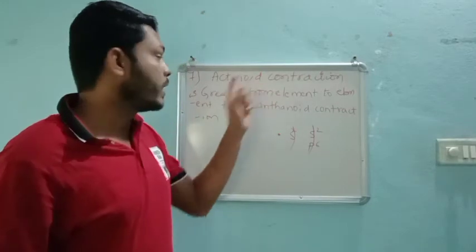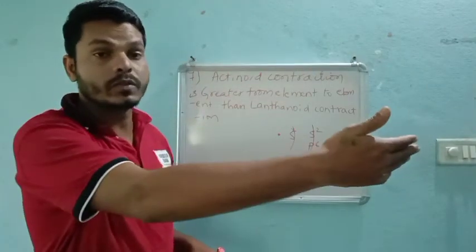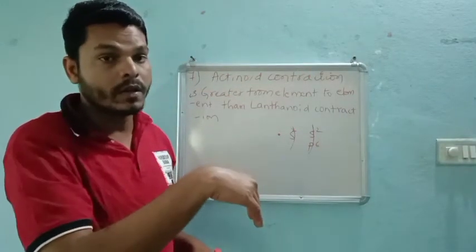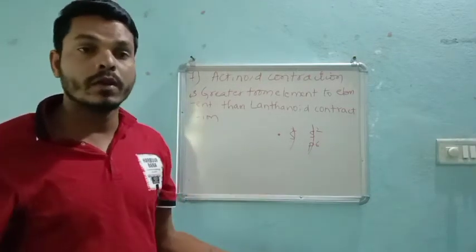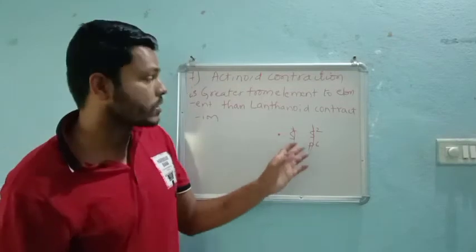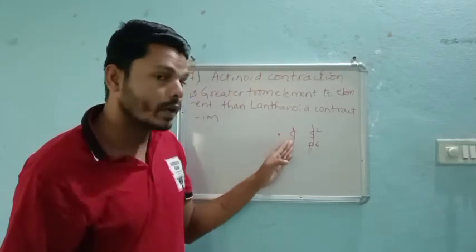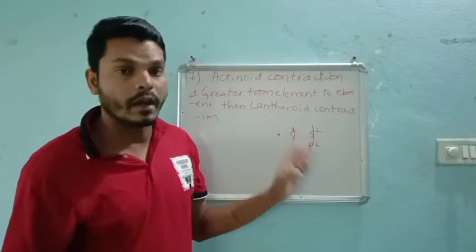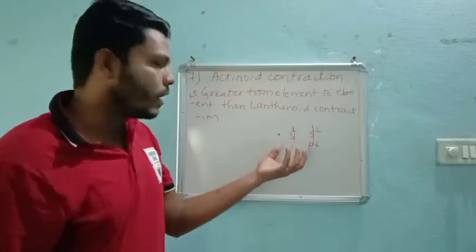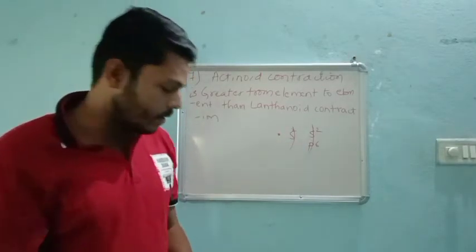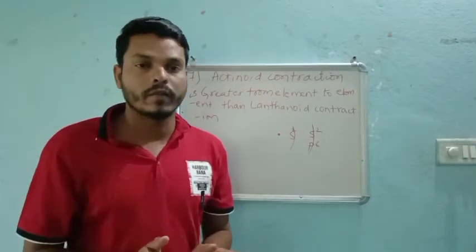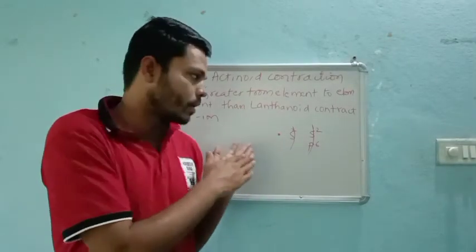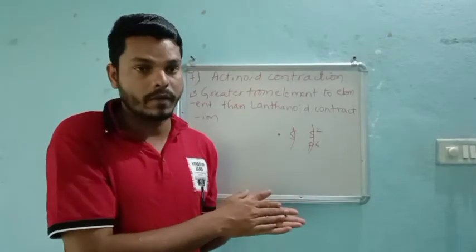That's why actinoids have more shells. More shells means more electrons, and the number of inner electrons is less and the outer electrons are more. So here there are only 2 electrons, but the outer shell has 8 electrons. So if the outer shell has an increased number of electrons,